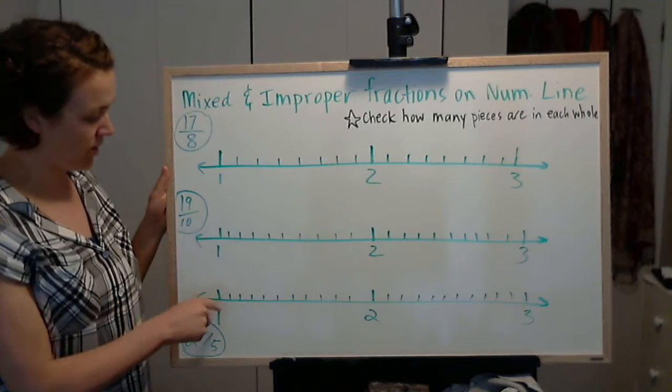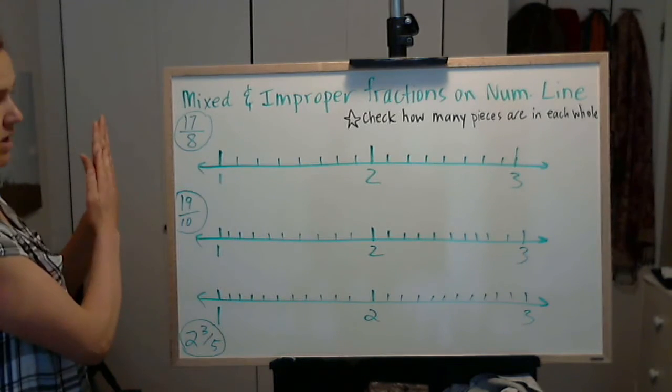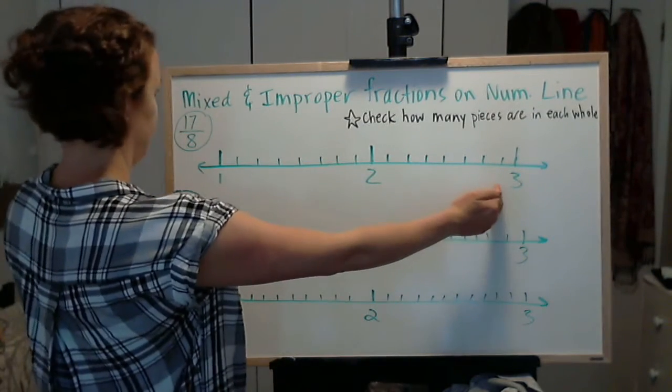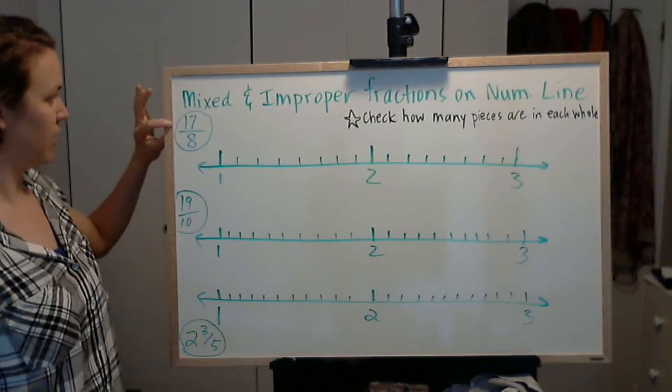Most of these number lines start at 1. So 0 is actually over here. So 0 to 1, then 2, then 3. So let's go through some examples. The first one is